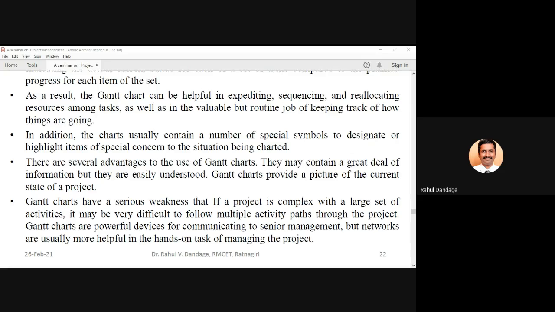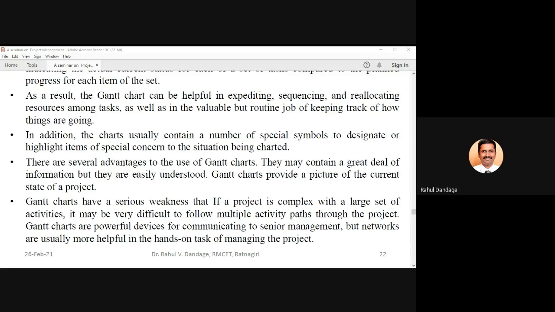preparing the Gantt charts for different activities, which will show how the sub elements, sub activities in that activity are progressing, and only the prominent activities you can club and prepare the overall Gantt chart for the entire project, so that it will not be in much detail. So that way, the project is complex, but the complexity of the Gantt chart we can go for reducing.